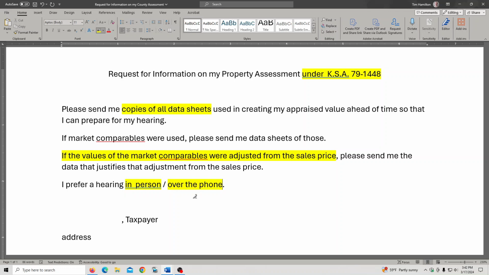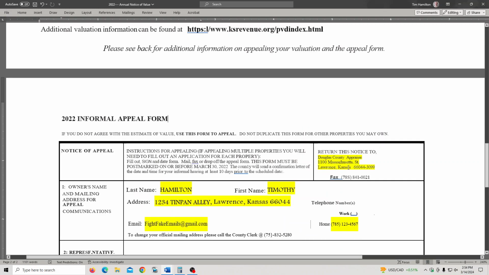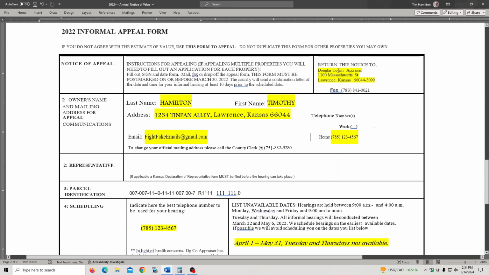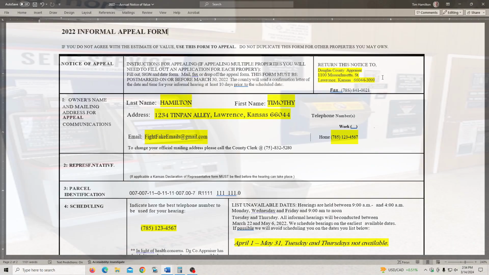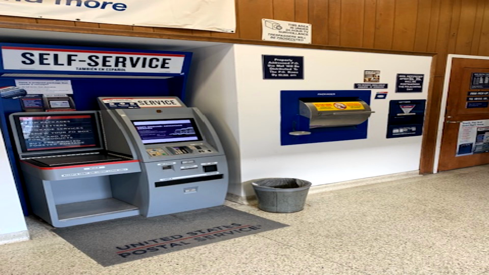So that way the taxpayer can go look them up on their own and decide whether or not they're good approximations of their house. Douglas County, being a little more adversarial, they really don't want to help out the taxpayer, so they're not going to tell you that information unless you request it. So that's why we're requesting it. And you put this document, fold it up with the other one, put it in the envelope, and you're ready to go. The only other decision you have to make then is whether, when you send this off to this address up here, you are going to send it certified or just put it in the regular mail. That's your call to make.